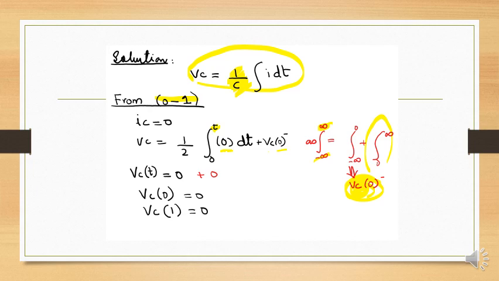Now next, we have to find the value for the whole span from 0 to 1. We will find Vc at 0: if we have t in the equation we got over here, we put the value of t as 0, and find the value for the whole time interval from 0 to 1. First of all we put the value 0, and after that we put the value 1 and find the required result. This will be more clear in my next case.